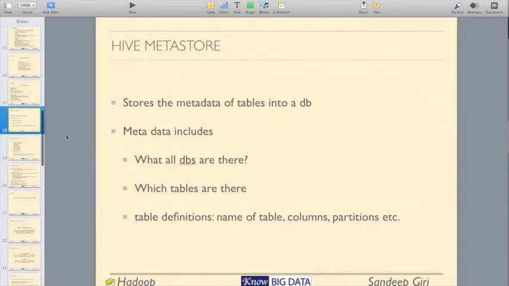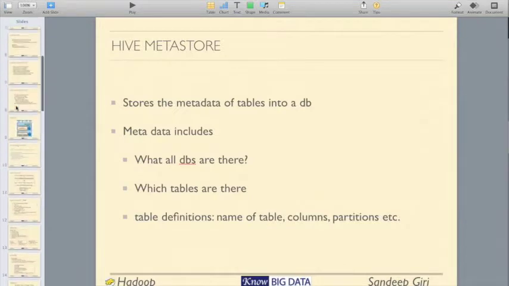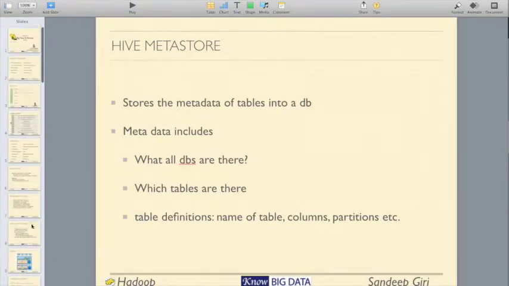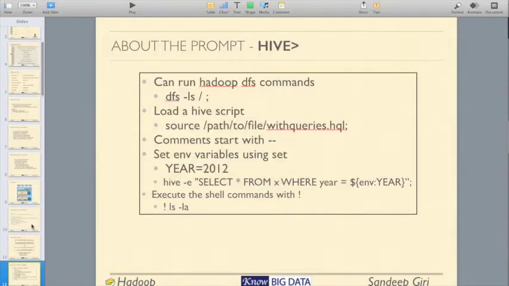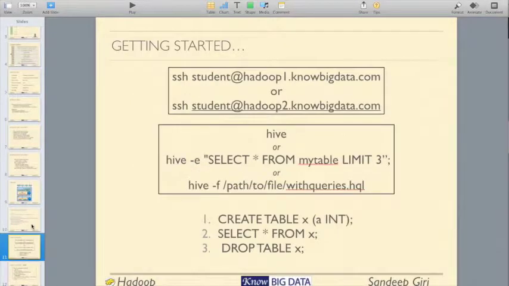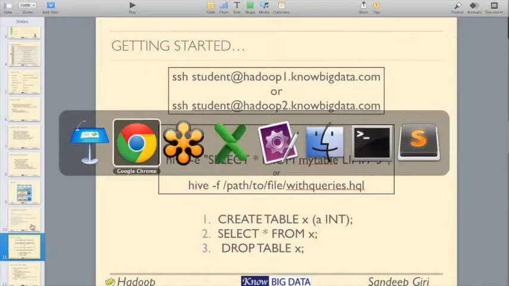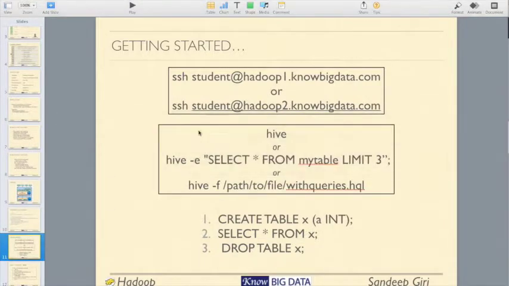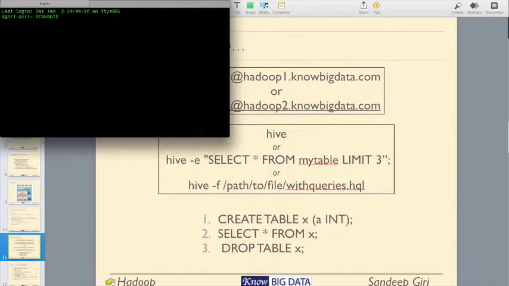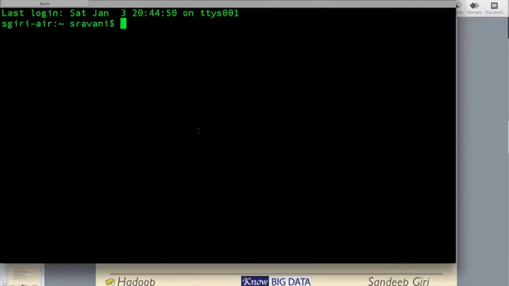All right. So I'll just go over quickly. We talked about how to connect to Hive. You can SSH to hadoop1.nobigdata.com and type Hive and you can start working on it. All right. So as I demonstrated yesterday,